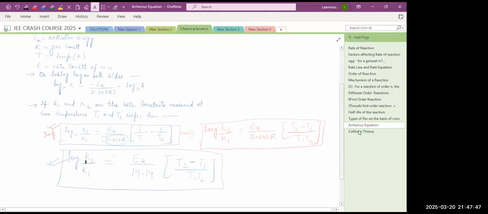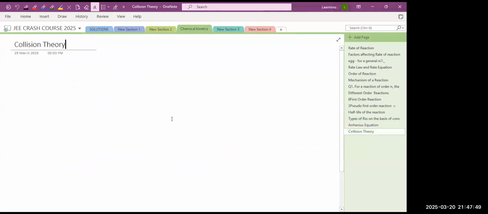Okay, let's move to the next topic, collision theory. Before moving to collision theory, let's discuss activation energy. What is activation energy? It is the minimum energy that the reactant molecules